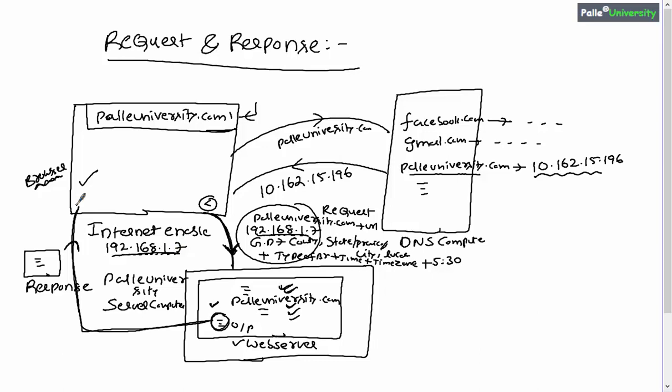Now let me talk about one more important point over here, that is about again request and response. So remember, many people will be calling the request as HTTP request, and many people will be calling response as HTTP response. Now the question here is, what does that HTTP request mean, and why is the request called as HTTP request? The answer is simple. Your browser will use a protocol called as